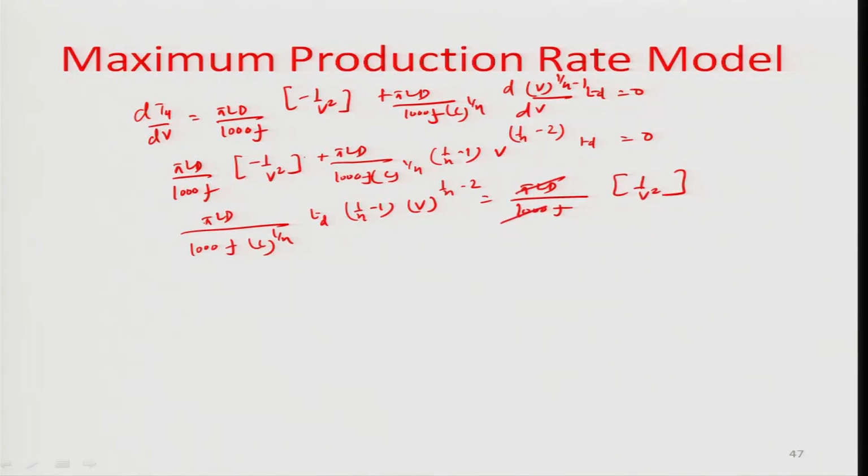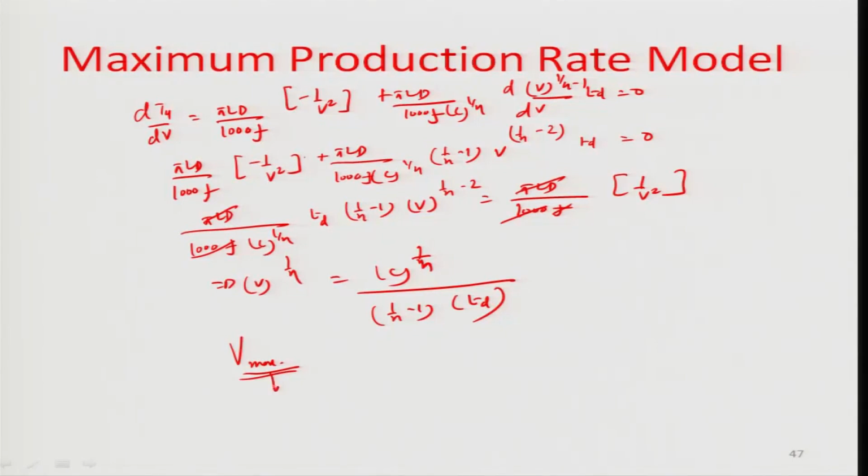So, these terms cancel each other and we are left with the condition V to the power of 1 by n equals C to the power of 1 by n divided by (1 by n minus 1) times Td, or in other words, the velocity of cut corresponding to the maximum production rate condition. That is why the subscript B max equals C divided by